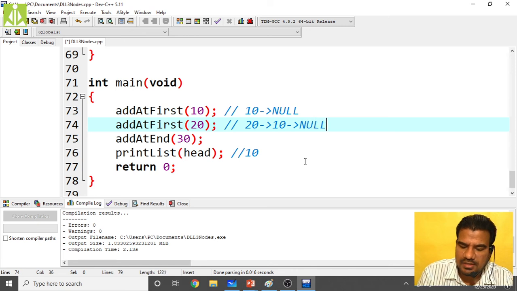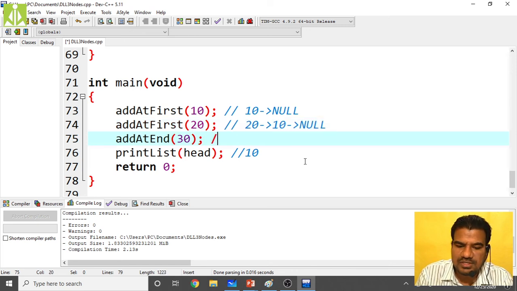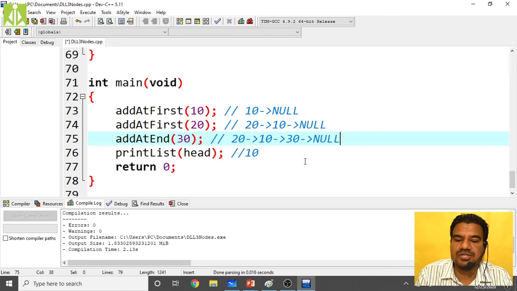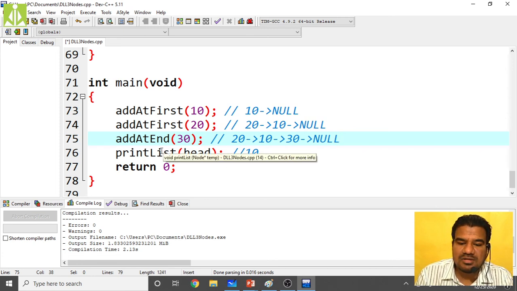But with add at end, the 30 will go after 20, 10, and then null. Of course, we are expecting at least the traversal in forward direction to give correctly.